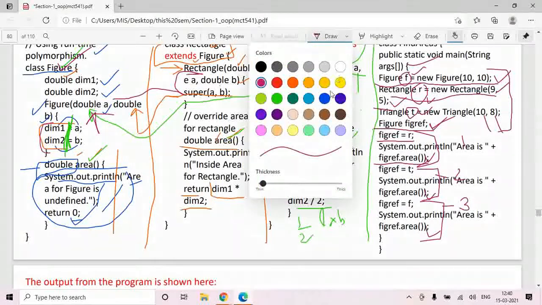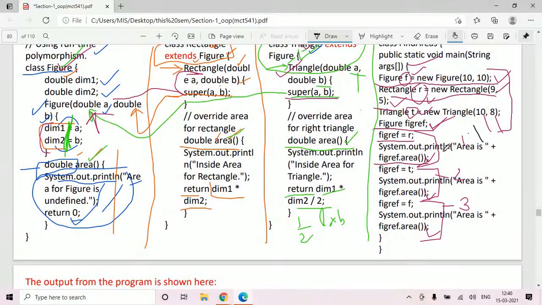In the first case, when we assign a reference of a rectangle, we are actually giving a call to the rectangle's area function.